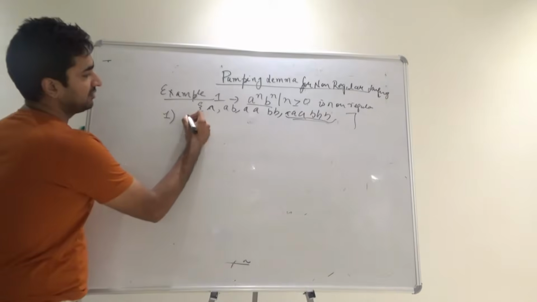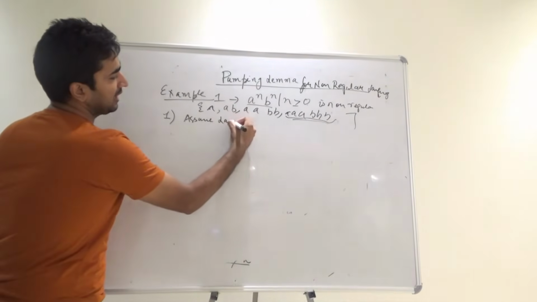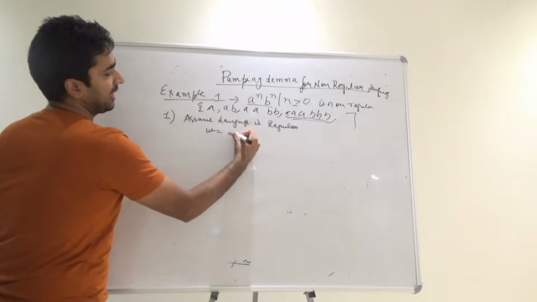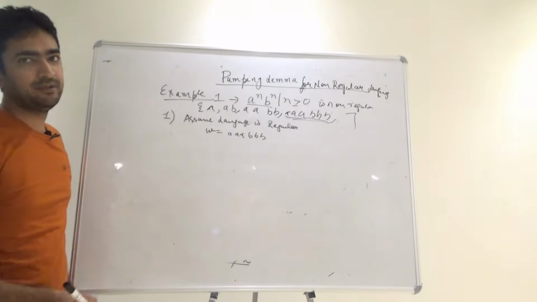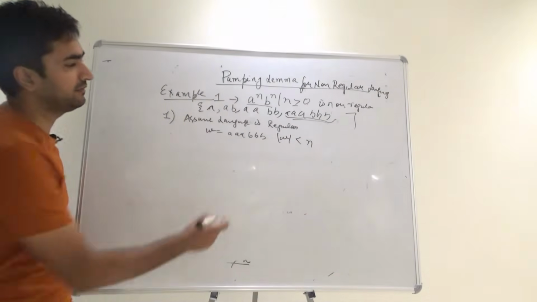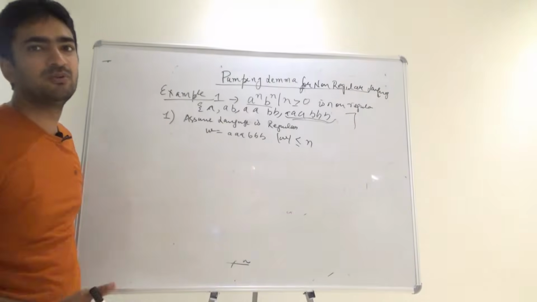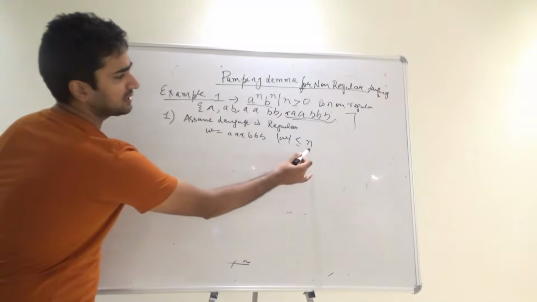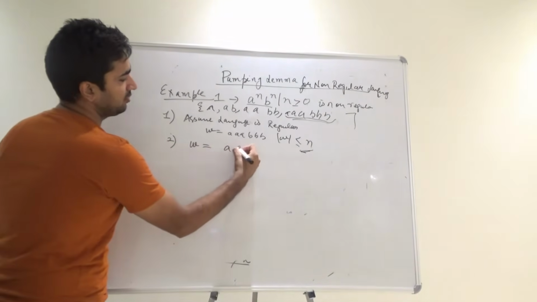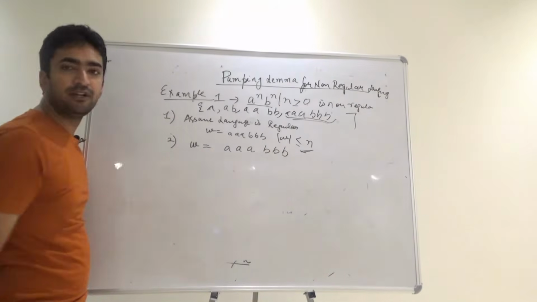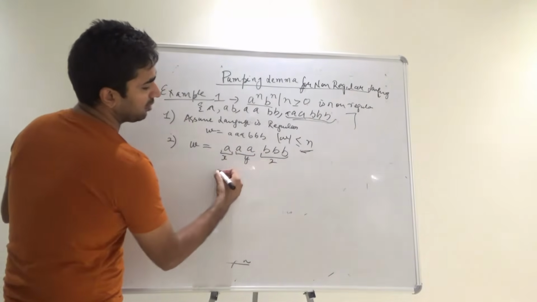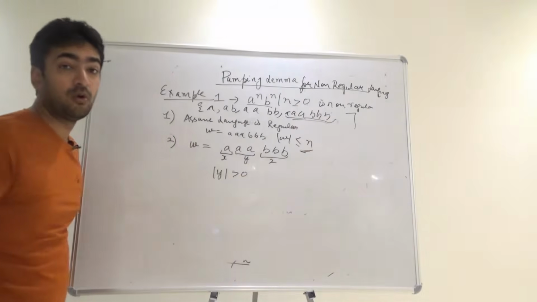First thing is to assume the language is regular. So we are assuming that, and we are taking w value as triple a, triple b. This is my first assumption, and assume that the length of w is less than or equal to the number of states which are going to be used. Although this n has no rule, we will assume this part. The second important part is we have taken w as triple a, triple b, and divide it into certain parts. I am taking this as x, this as y, and this as z, because the length of y, guys, is always greater than 0.